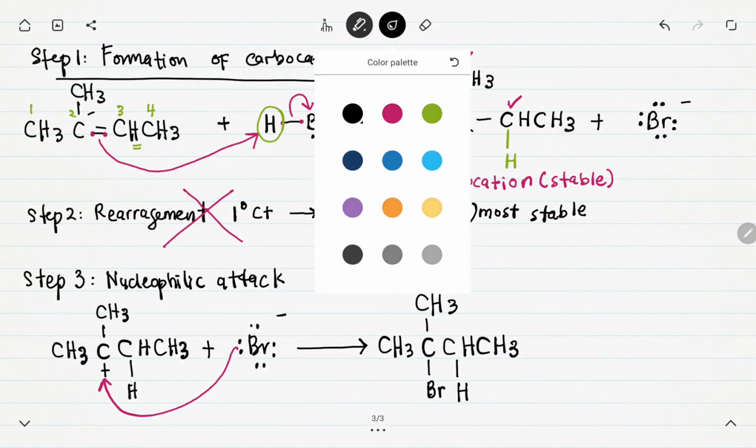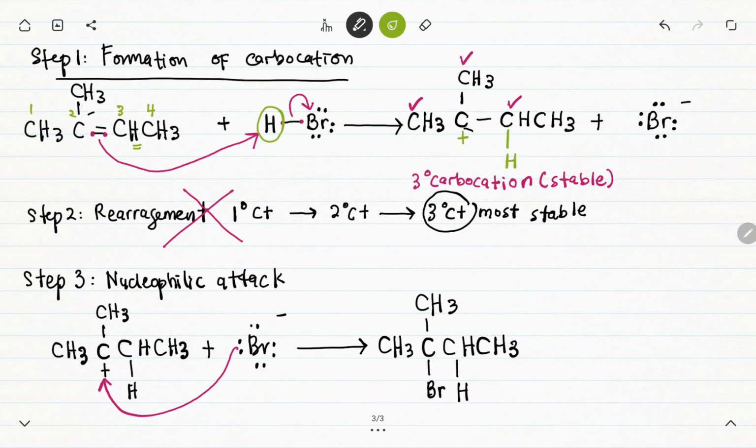According to the rate determining step, in step 1, the compound where all atoms have a complete octet is disturbed and becomes an incomplete octet, which becomes the C plus ion. So going from a stable to an unstable species, the reaction is slow. But after we undergo the addition process, C plus is unstable and requires electrons. So bromine easily adds to the C plus and the reaction becomes fast. So this is the mechanism, the addition of hydrogen halide to the carbon-carbon double bond to produce a haloalkane.